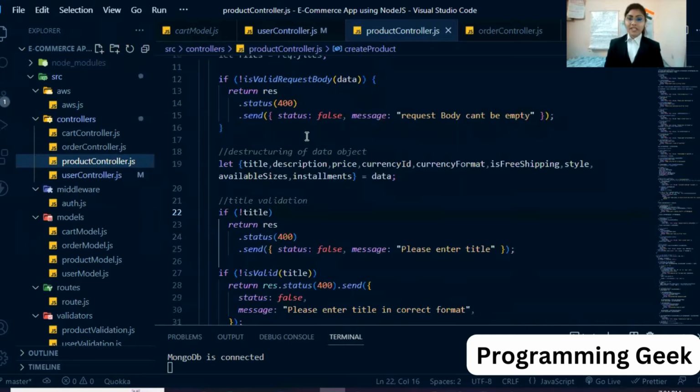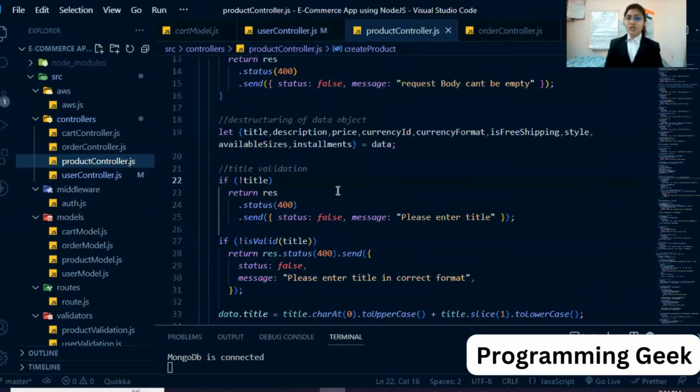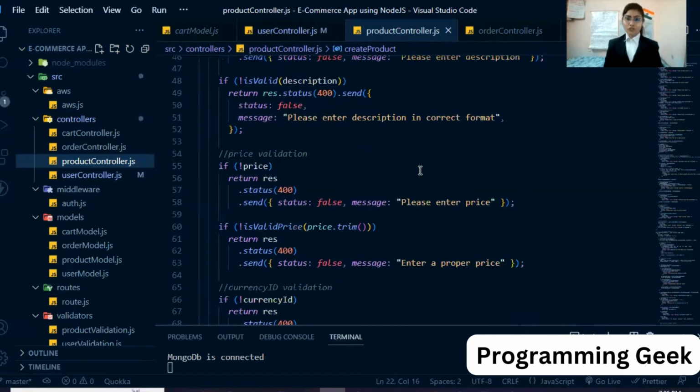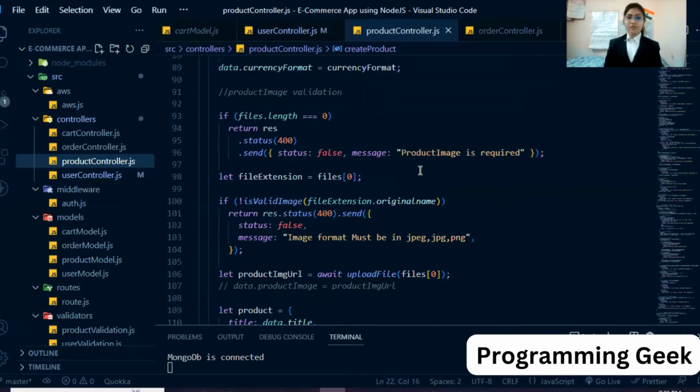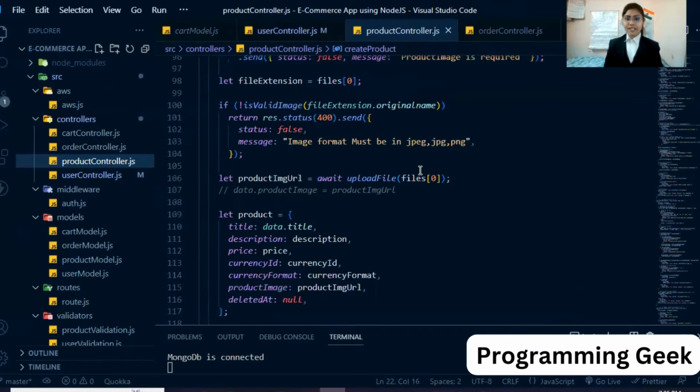Then I validate that all the data about the product is present, like title, description, price, currency ID, currency format, is free shipping, style, available sizes, installments. Then I validate all the fields. After getting valid data, I create the product.